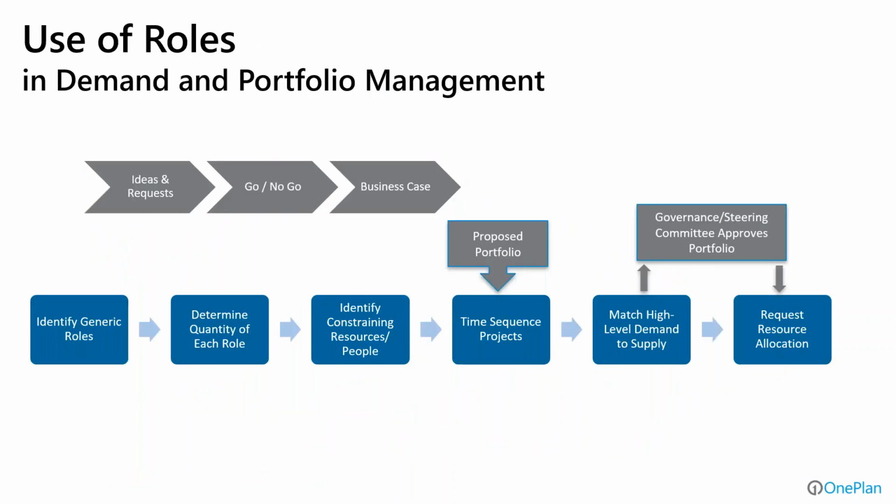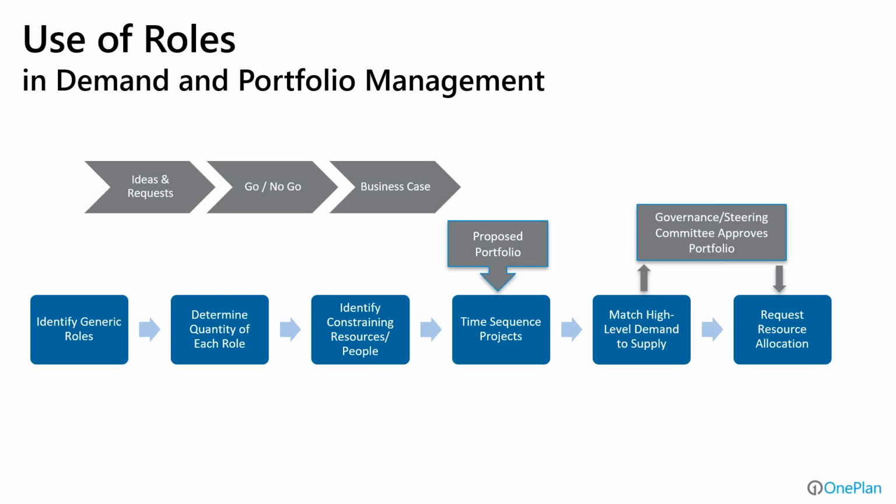As we look at tying this to the demand and portfolio management, as I mentioned with the governance and prioritization, organizations get demand in a lot of different ways, but if we take the concept of ideas and requests that come in, and whether we make a go, no-go decision on whether or not to pursue that and do a business case, and then have these items as proposed items in a portfolio to marry up with the things